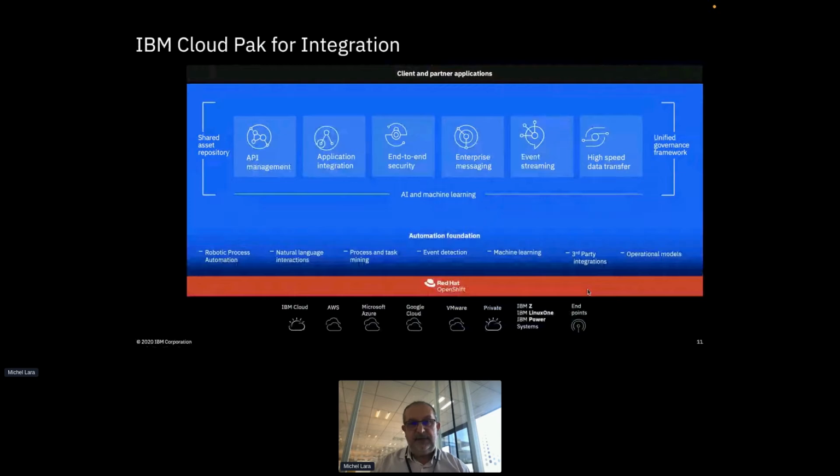And you can have this kind of solution on SaaS, and also managed in a single OpenShift cluster, with API, application integration, enterprise messaging, and event streaming integrated together, running on the same cluster.